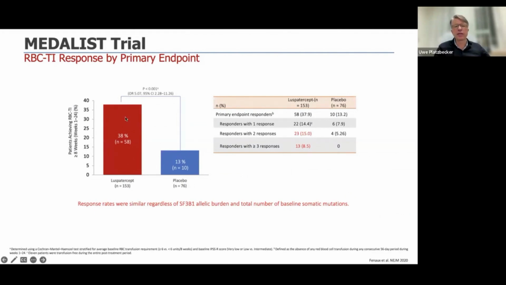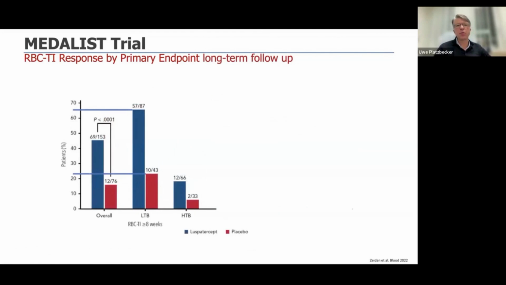Again, as a reminder, this is the primary endpoint of the MEDALIST trial. Also, multiple responses were observed, and the responses were observed regardless of the SF3B1 allelic burden and also the total number of baseline mutations. With a longer follow-up of this trial, you can see that predominantly patients with low transfusion burden responded. You see also high transfusion patients can achieve transfusion independence, but the majority achieve a reduction of the transfusion